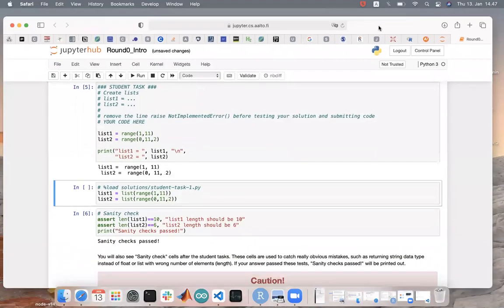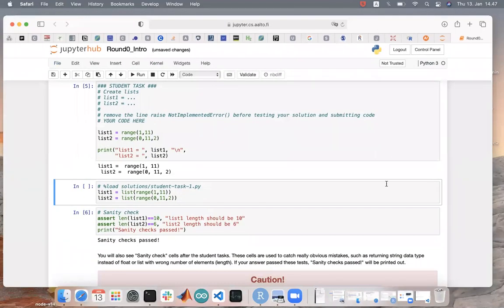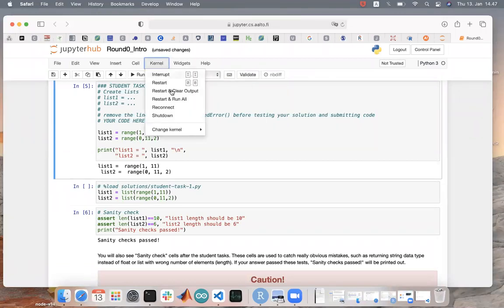Few things to know before you submit your notebook. Always rerun it from the beginning to the end. The best way to do it is to go to the kernel, restart, and run all. To make sure that there is no mix-up with the order of the execution of cells.